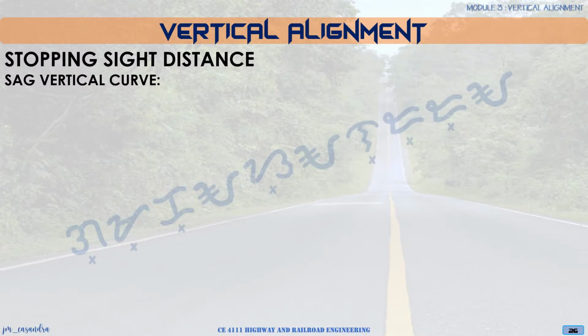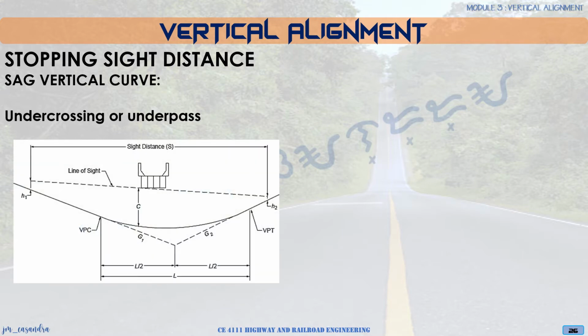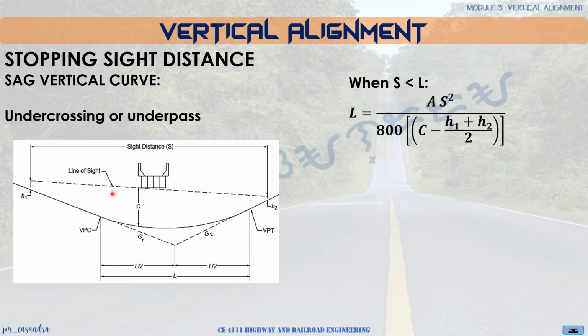So as we have mentioned earlier, for sag vertical curves, there are some instances wherein there are what we call undercrossings or underpass. So kung wala ito, yung ginagamit natin would be the equations that I have just mentioned. So for undercrossing or underpass, the sight distance on the highway will have grade separations. And at this point, the sight distance should be at least as long as the minimum stopping sight distance, or preferably longer. So while the existence of such structures or fascia structures